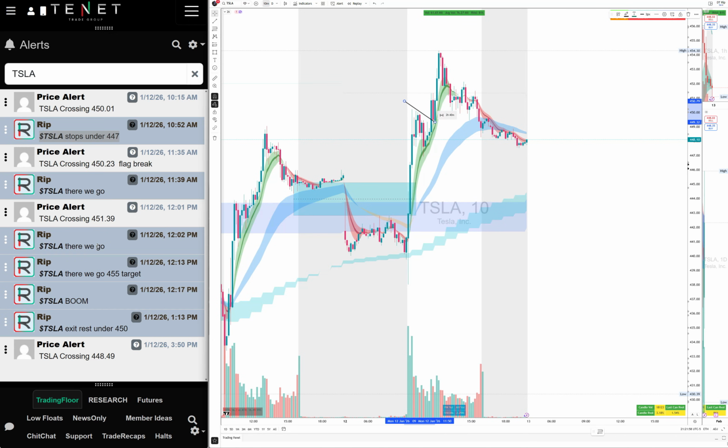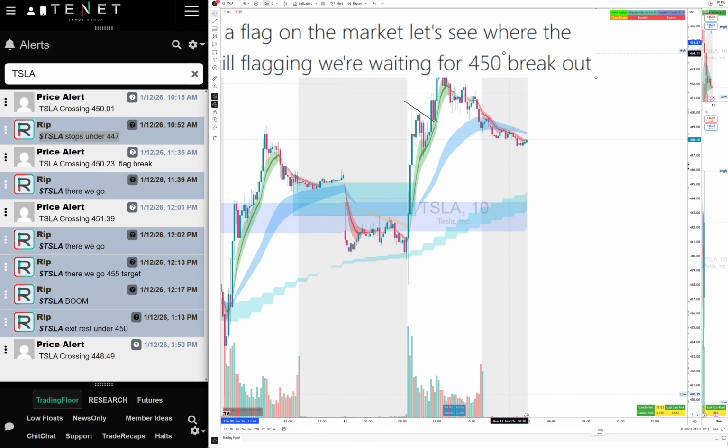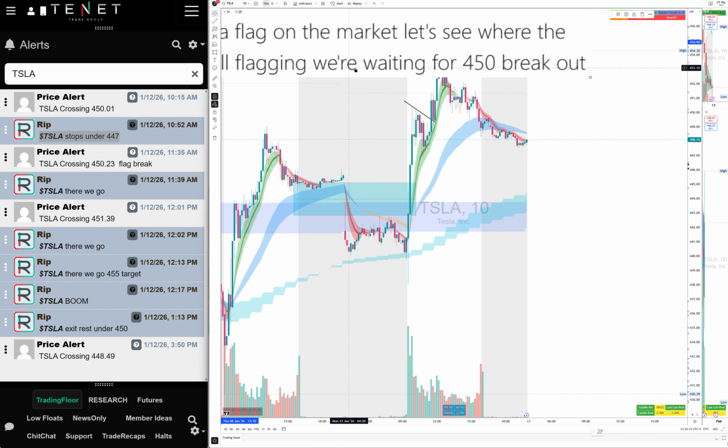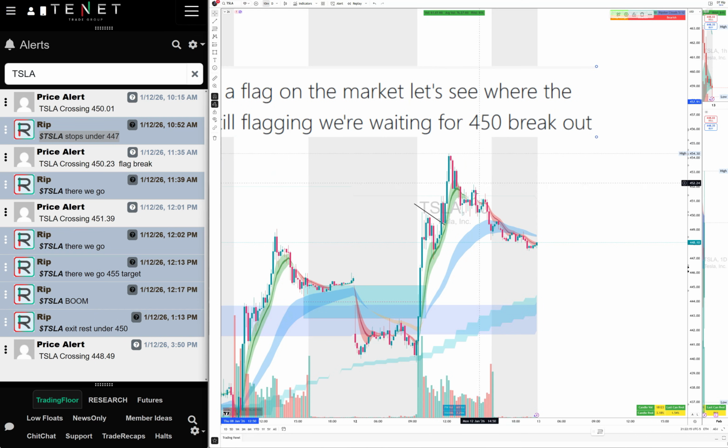Then I gave them a flag guidance that I add the shares. Let's say you are adding at 448, your stops under 447, and you're risking $1 or $2 and you're breaking the flag. The initial morning target I gave was 450, but again there was a big seller at 450. So once the 450 seller was gone, here's some more guidance, let me show you my voice guidance. I said we're waiting on the 450 breakout. Once the 450 breakout came, I gave the target of 455. We were a little short of that target, but regardless, you see this midday flag move, risking $1.50, and the breakout over there, you're making $4. So you're basically risking one and making 3 times the risk if you're doing this flag setup.